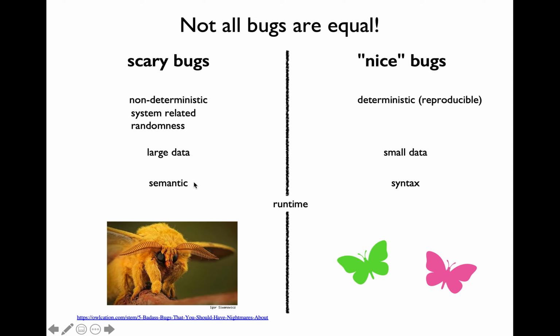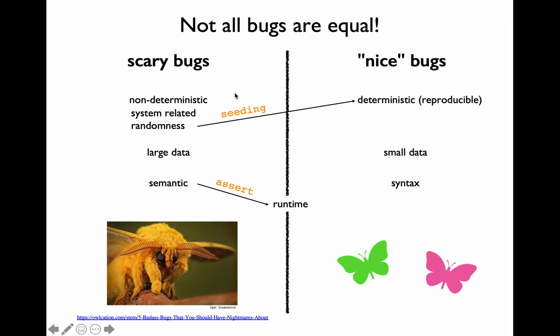We have had a discussion in the past about different types of bugs. Semantic bug is the scariest of them all. It's definitely going to be non-deterministic. Syntax bugs are the flowerIest of them all, because your code will crash immediately. And runtime bugs fall on the borderline. They are sometimes easy to debug, sometimes difficult to debug. Recall that you can easily convert semantic bug to a runtime bug by using assertion statement.